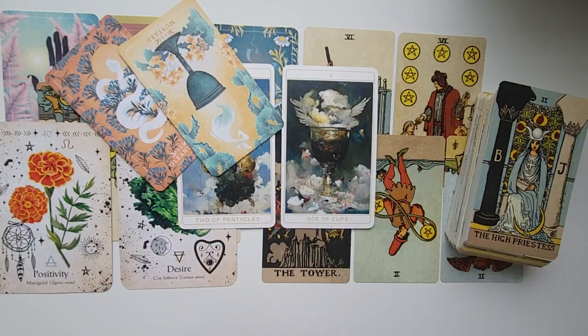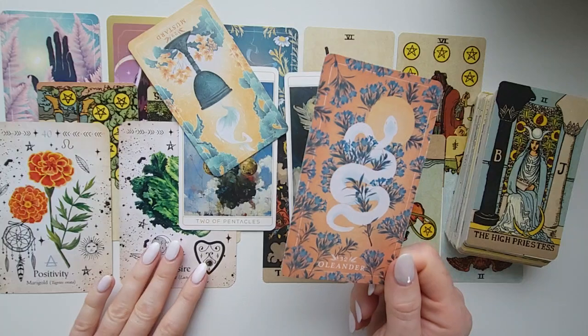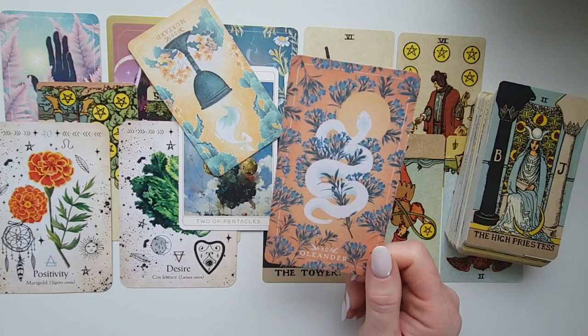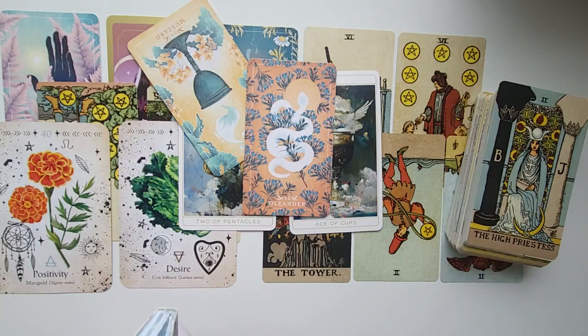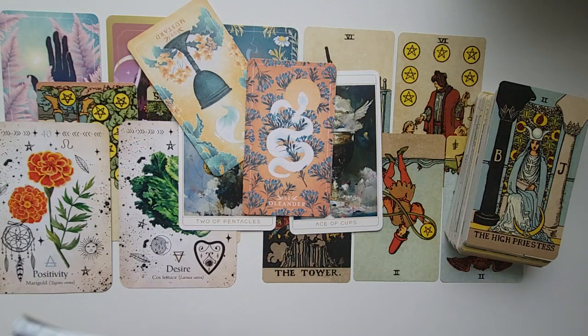Wow. Oh. I just want to cry, you guys. Do you know the story of Oleander? I don't know that I have it in. It's not in this book. It's not in here, I don't think. Let's see. No. So the story of Oleander,